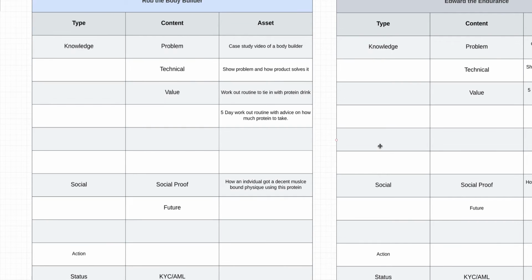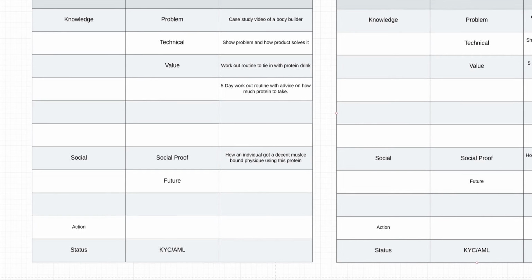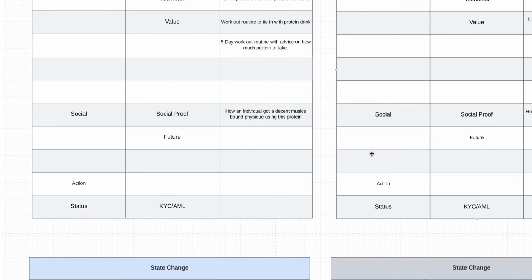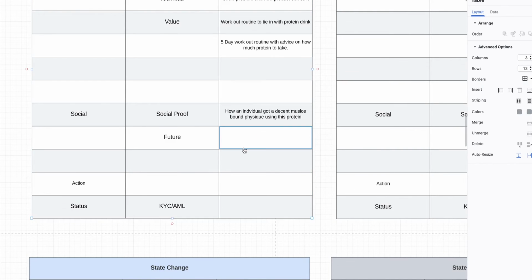So we can sit there and say, right, here's how you bulk up arms using our protein, and that value would be good for them anyway. We could make a 5-day workout routine and advice on how much protein to take. Value content. Social proof: how an individual got a decent muscle-bound physique using this protein, and then start putting video testimonials in there. We then want content showing